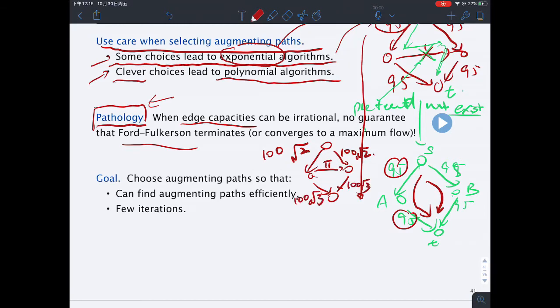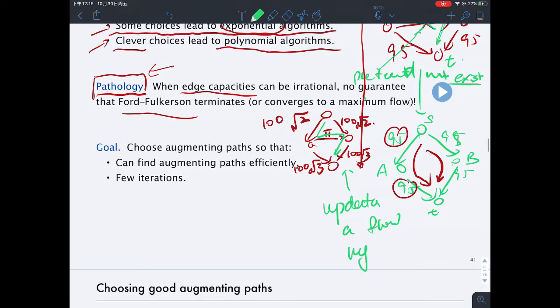So now in this case, when you handle the bottleneck, the bottleneck is over here, right? So every time you're really just trying to update the flow by an irrational number. In this specific case, we need to update the flow by pi units, right? Pi is 3.14, those kinds of irrational numbers you learned that are related to circles, right? So now when we do this kind of update,